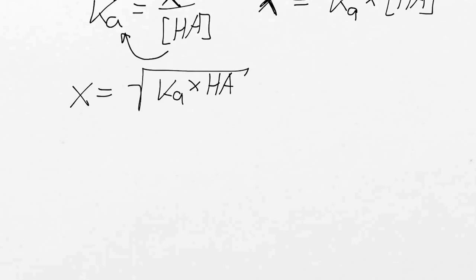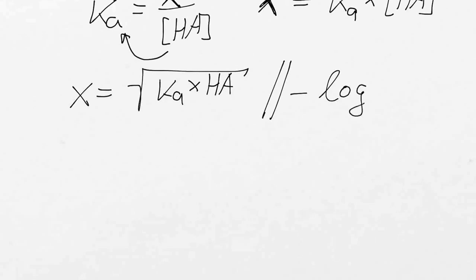And remember, the pH is the negative logarithm of x. Here is dirty, filthy trick number 3 for today. I take both sides minus log. So I get minus log x